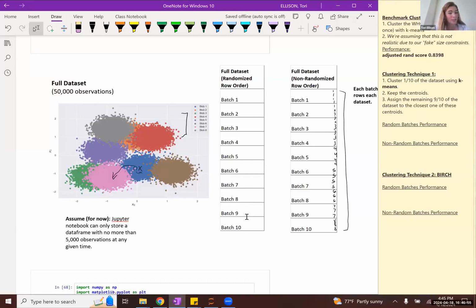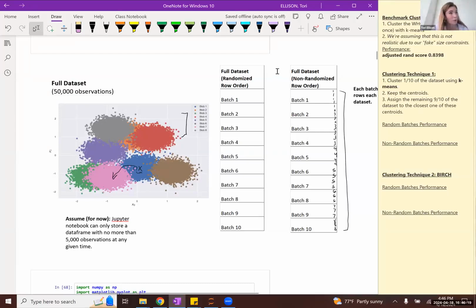But we're going to do this in 2 ways. First, the order of the batches has been randomized. In other words, you can assume that batch 1 is a random, representative sample of the full data set here. That's the first way we're going to run this algorithm.